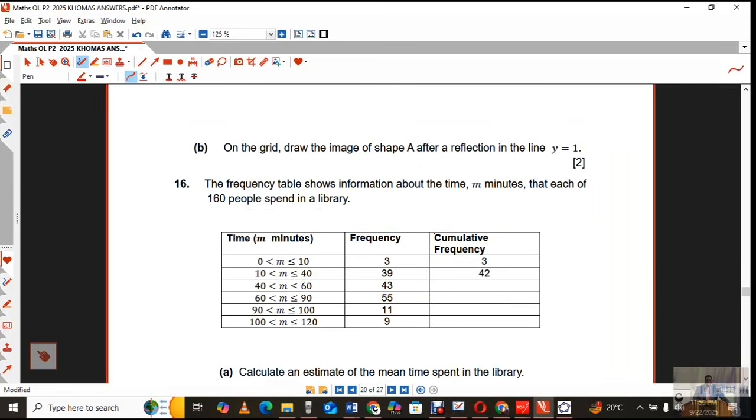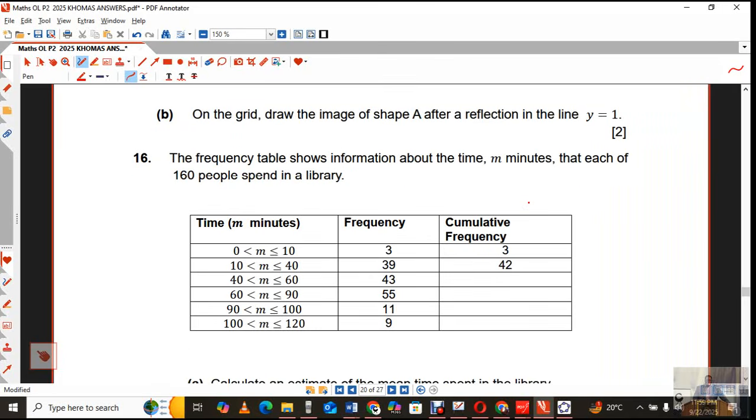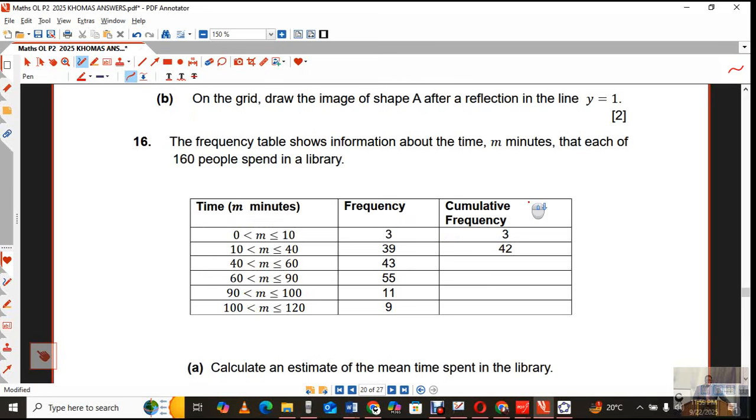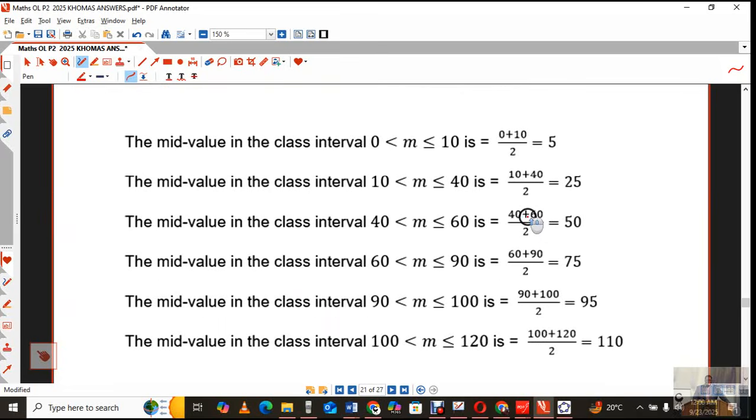The frequency table shows information about the time in minutes that each of 160 people spend in a library. Good. What is it that I can fill in? We are supposed to calculate an estimate of the mean. Now, in order to calculate the estimate of the mean, there is something very important, something called the mid values of each class interval. So, if you have a look,